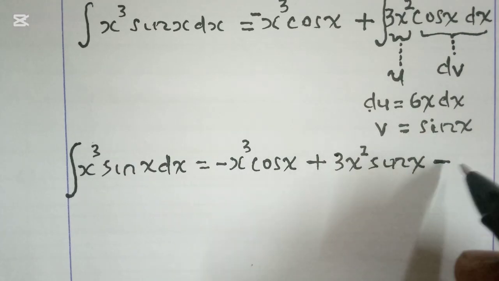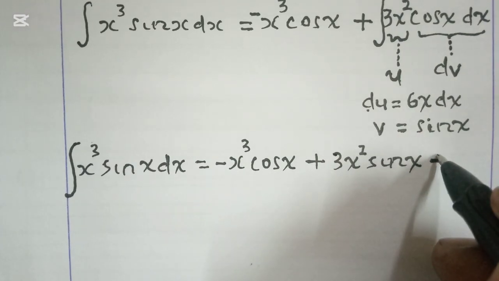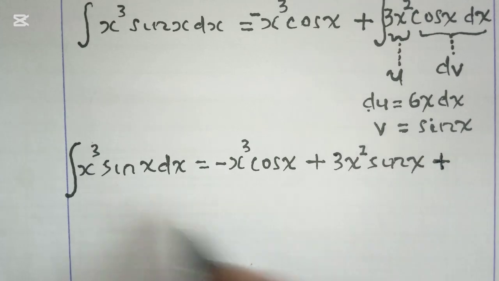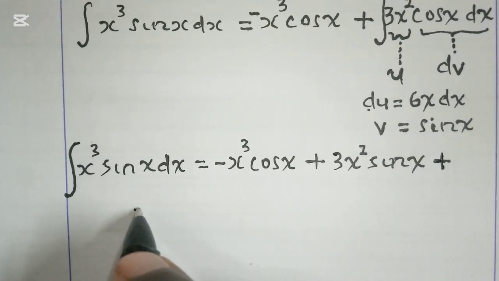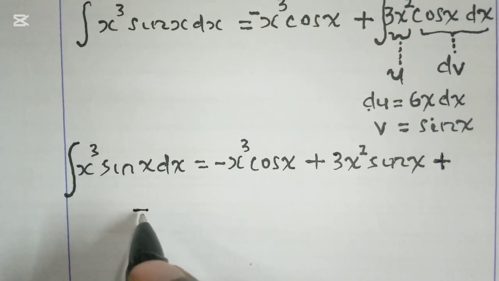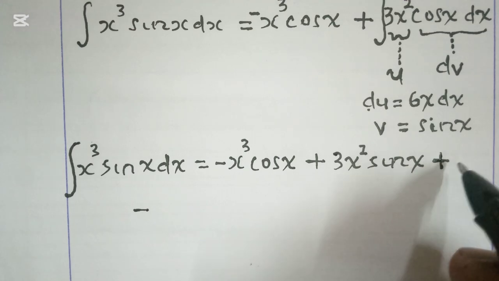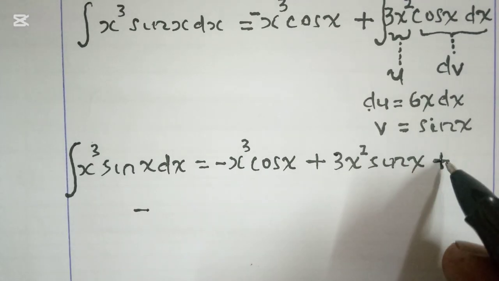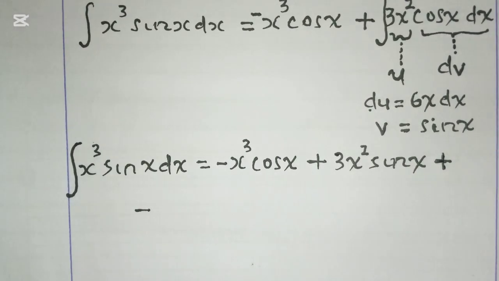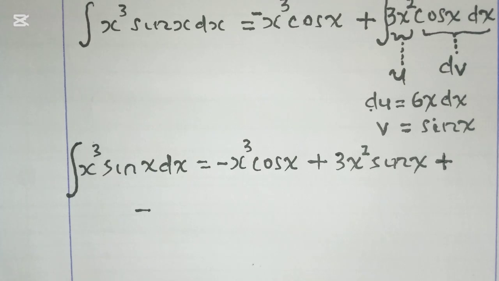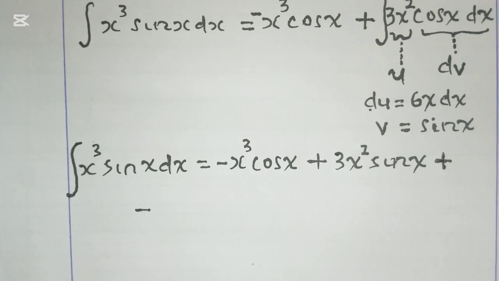So let me make it plus here, so that if I write minus here, it will not change the fact. Because if I write minus here and the minus, it will then mean that the whole of it will be negative. It will be positive. But because it's minus, I can write minus there. Then I